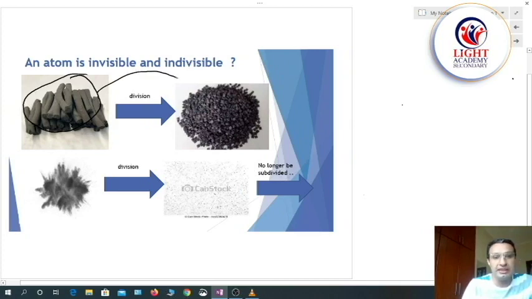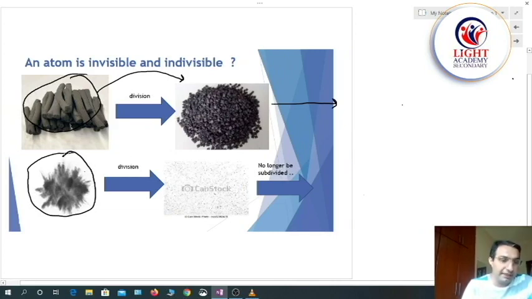Then when you start cutting, you can see that there are many pieces of charcoal. When you continue to divide, you have many very small tiny particles,